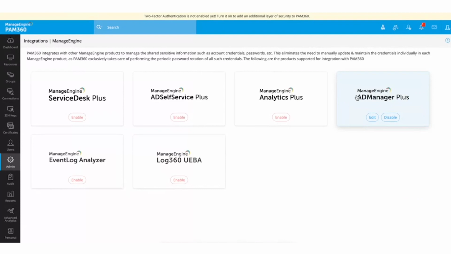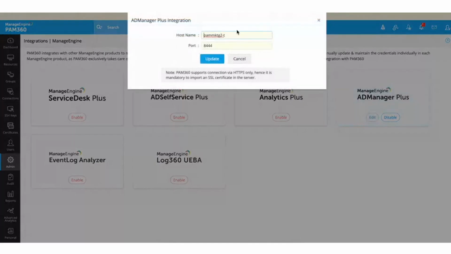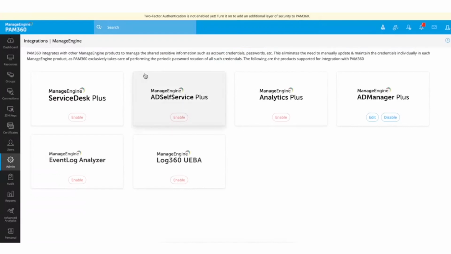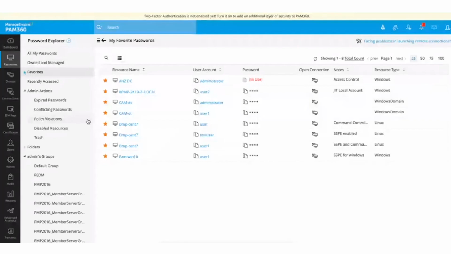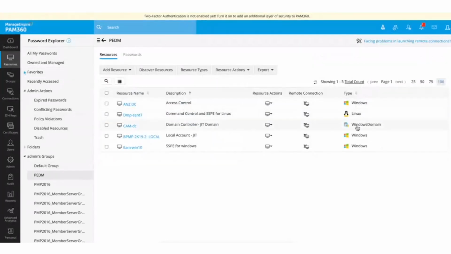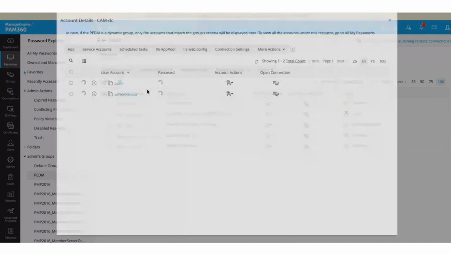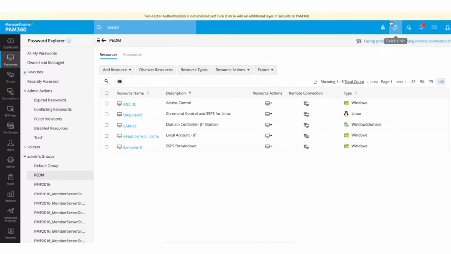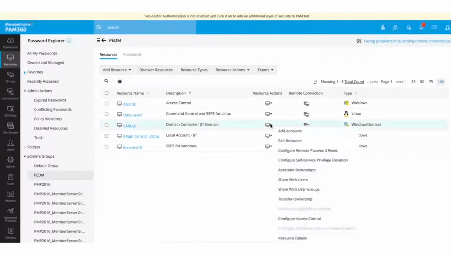Once I click on enable, I will be prompted for the required details like the host name and the port number in which AD Manager Plus is running. Once I provide these details and click on update, the integration is done. Now I need to pick a Windows domain resource with domain accounts underneath it. I should be able to click on the resource action button next to it and click on